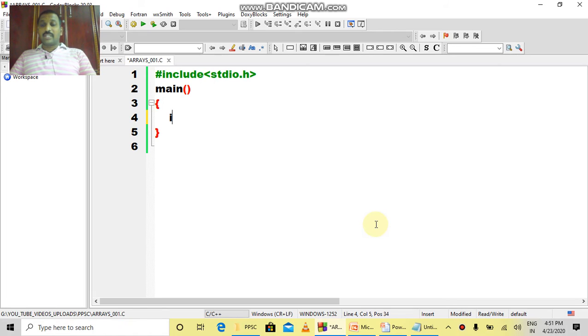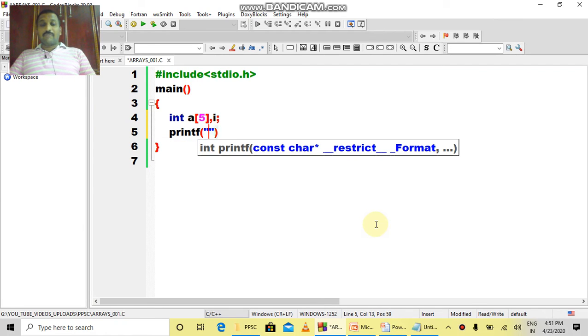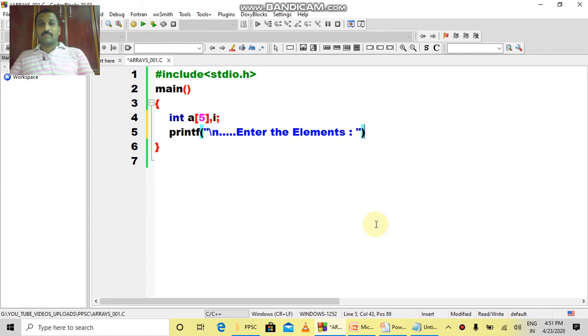Here I am considering an array of size 5, and I am declaring one more variable, say for example I, for iteration. Now I am prompting the user to enter the elements, and I am initializing the I value to 0.